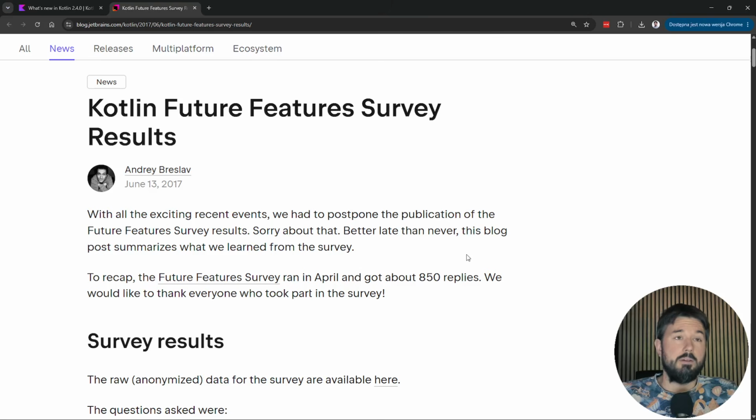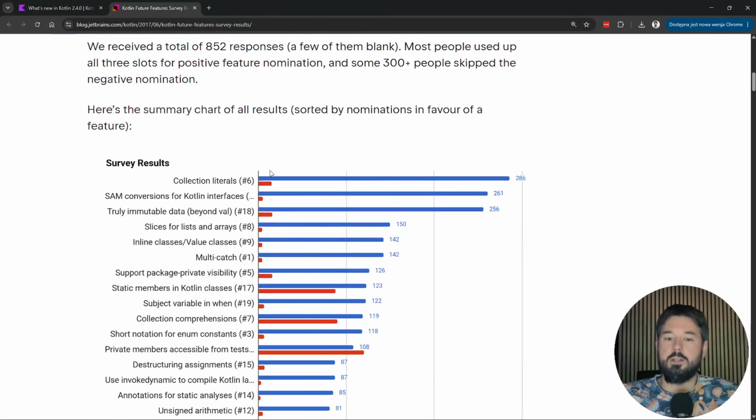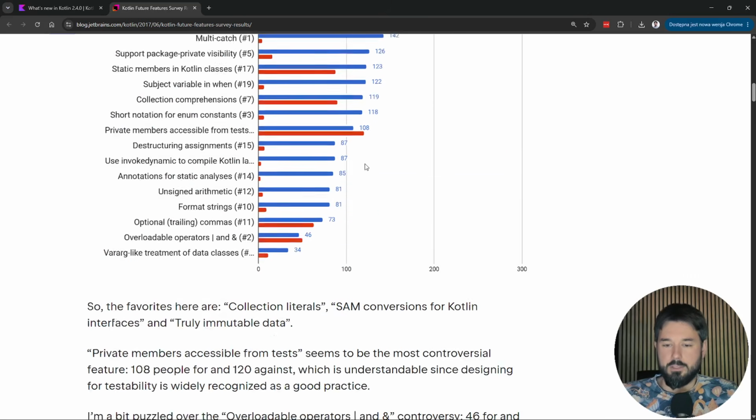There were events, Kotlin 1.1 organized in different cities where we gathered, and participants could vote on the feature they would like to see in Kotlin and features they don't want to see in Kotlin. And out of all the features that were considered, the most wanted and one of the least unwanted features was collection literals.